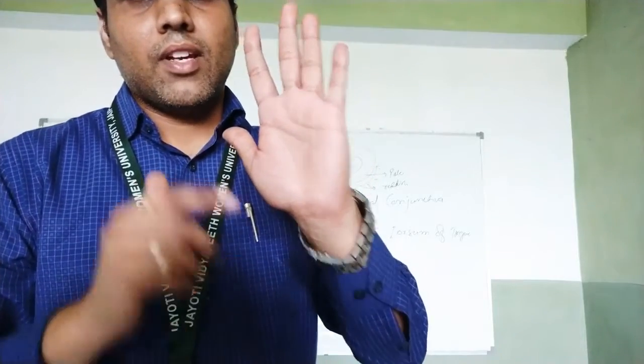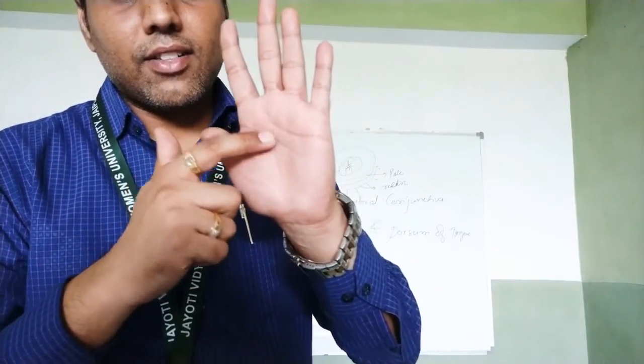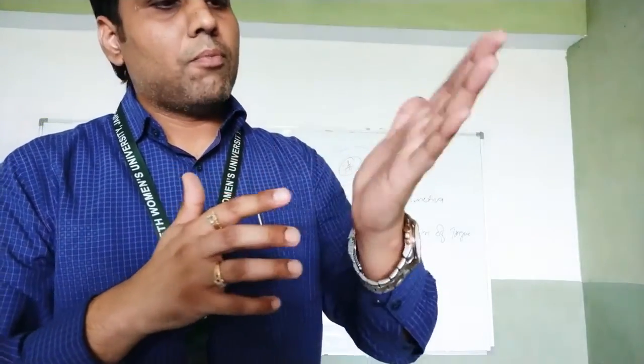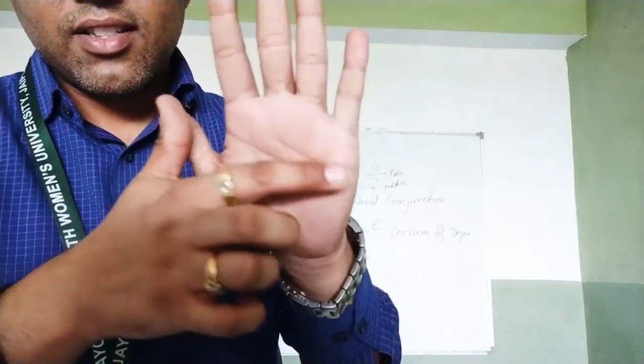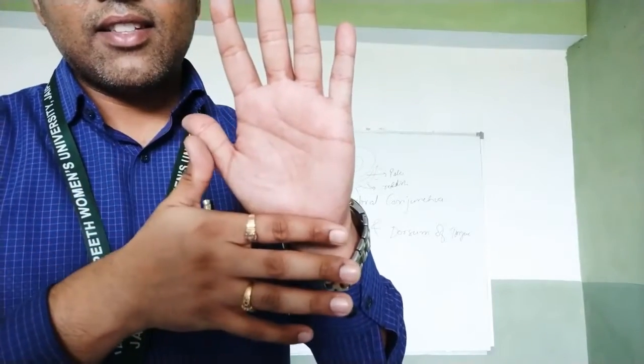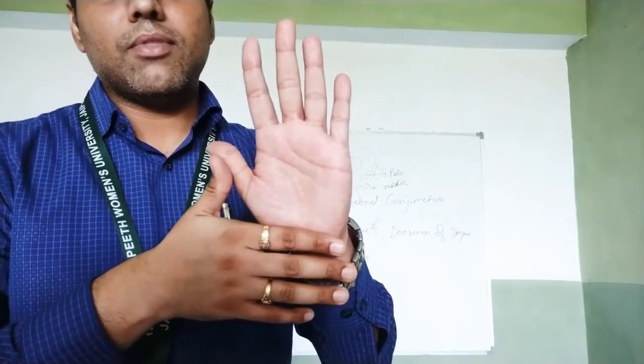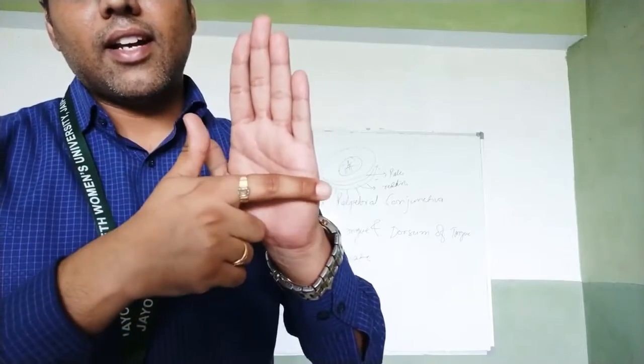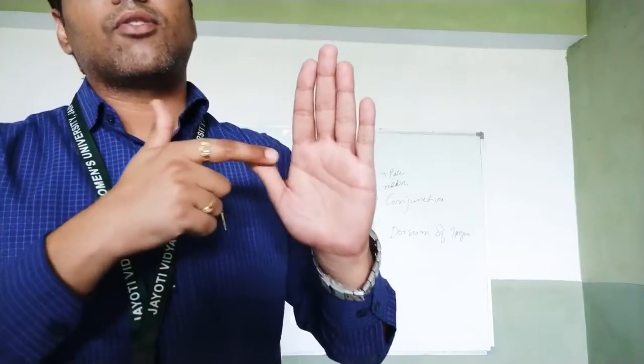In that case, if the color of the creases of the palm and the palm is similar, there is pallor. Here we can see the color is different. The creases are somewhat brownish and the palm is pinkish. But in a patient in which pallor is present, the color of the creases and the color of the palm become similar to each other. There will be complete paleness and the color of the creases will also be gone.